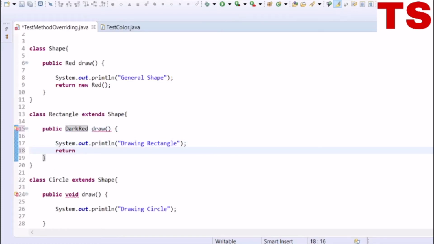We'll return the instance of the DarkRed class through the draw method of the Rectangle class, and this is allowed here. This is nothing but the covariant return type, or we can say this subtype is called a covariant return type.